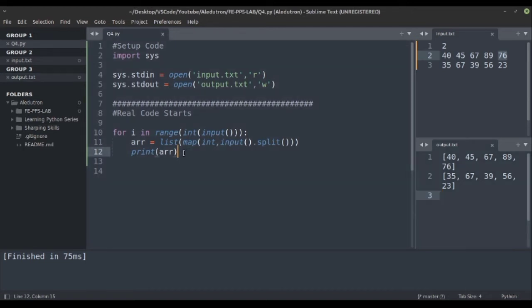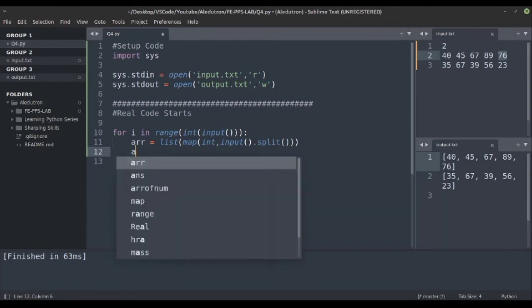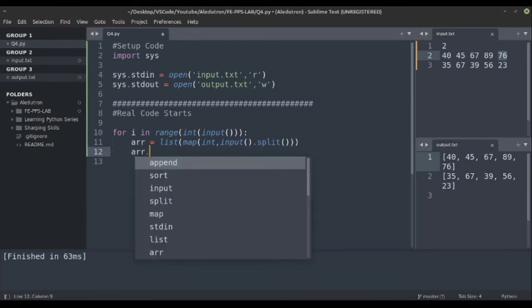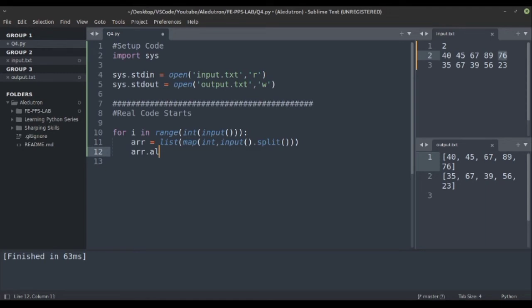So then now we have to check whether each element is greater than or equal to 40 or not. So we will take a variable and store the value.